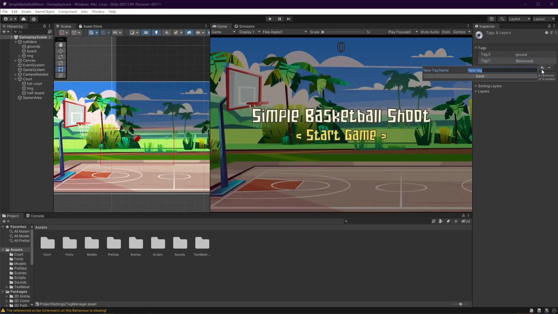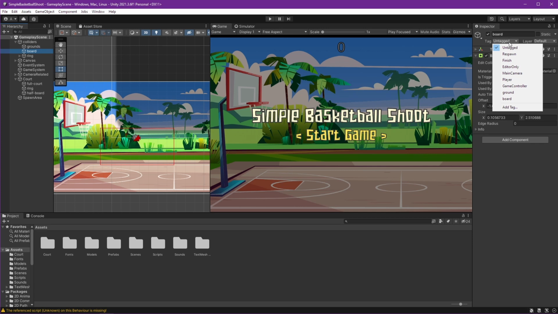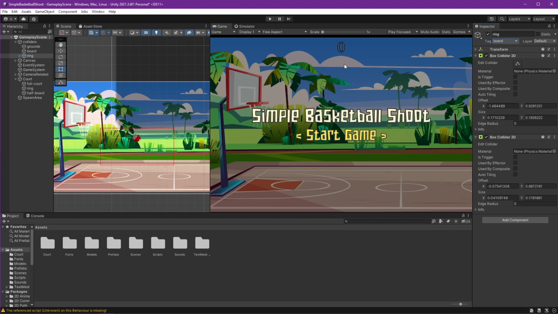Okay, I think this is board. Give the tag board. And for the ring, I think we can also use the board because we're not playing the sound of the ring or the board, but only the ball.